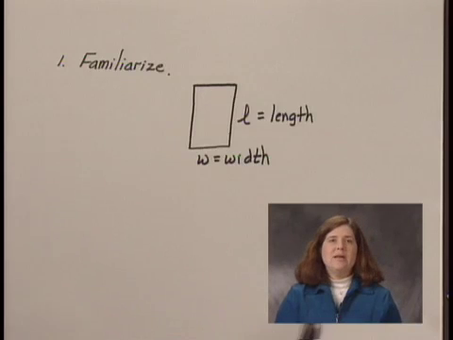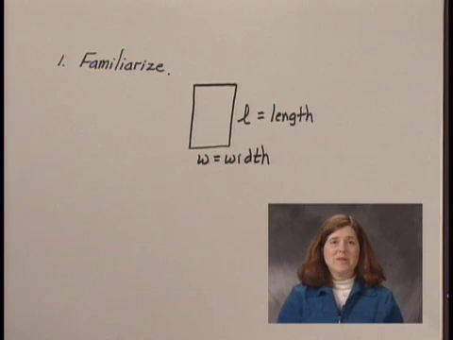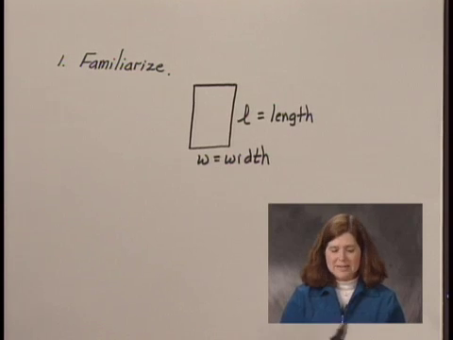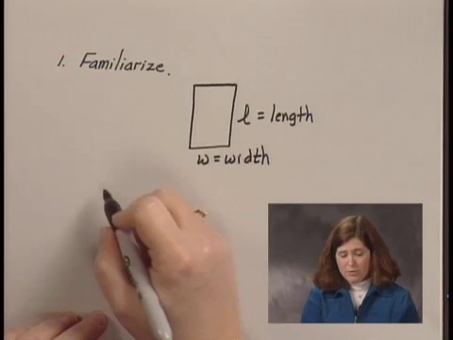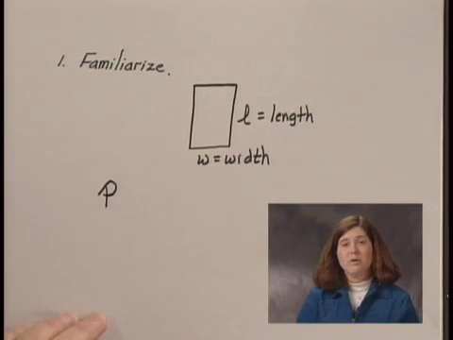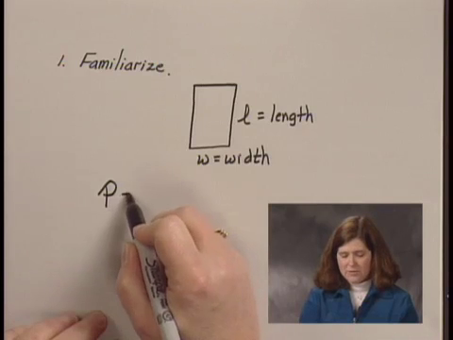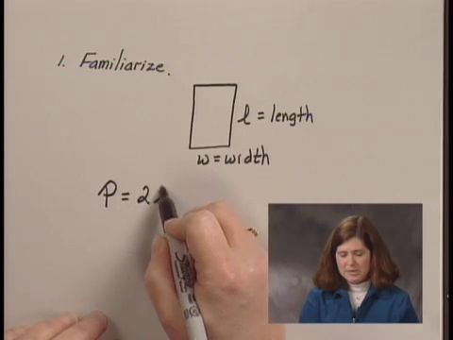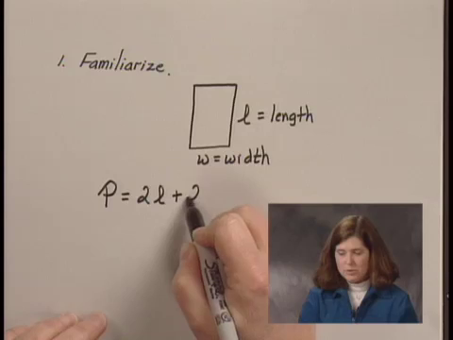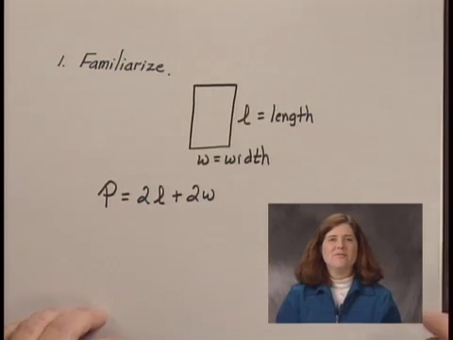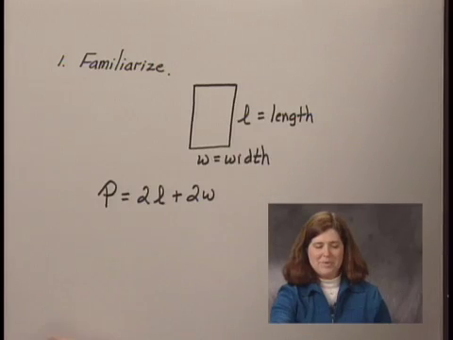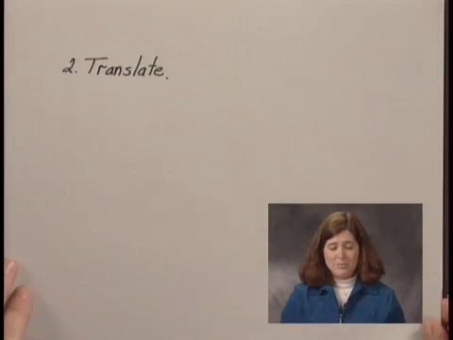Now we were given the perimeter of a rectangle. So we need to recall what perimeter is. That's the distance around the rectangle. And the formula for the perimeter of a rectangle, if the perimeter is P, is P equals 2 times the length plus 2 times the width. I think we have enough information there to go to our next step, and that's to translate the problem to